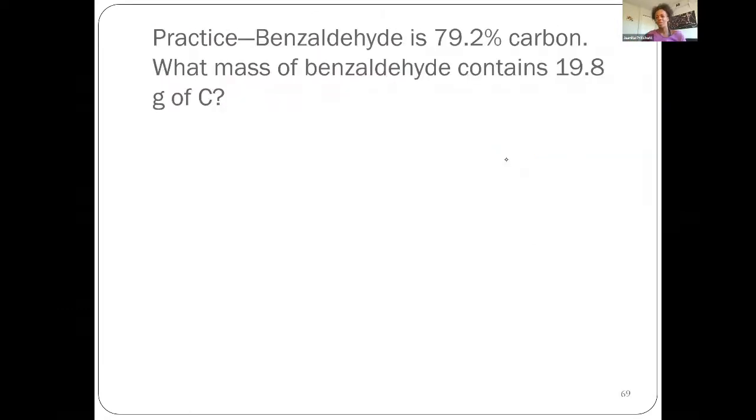Okay, let's try another one. It says benzaldehyde is 79.2% carbon. What mass of benzaldehyde contains 19.8 grams of carbon? So again, we don't know the formula for benzaldehyde, but we do know the mass percent. And so that's what will help us to solve this problem. And so it says we are starting with 19.8 grams of carbon, and I want to know what mass of benzaldehyde